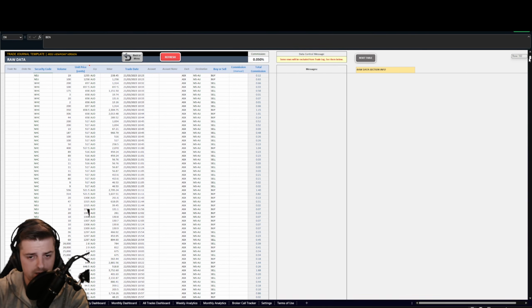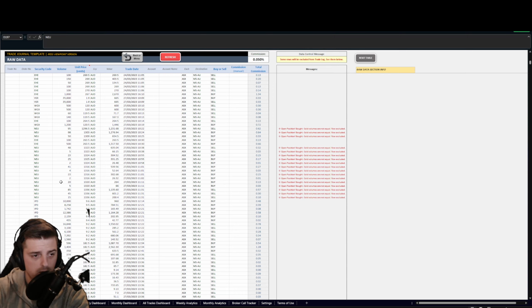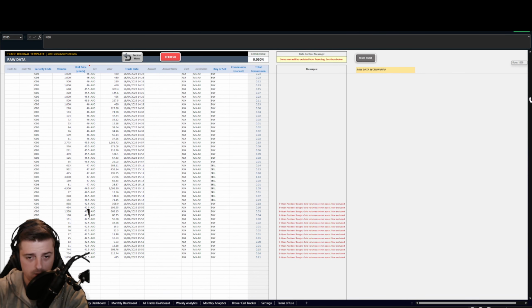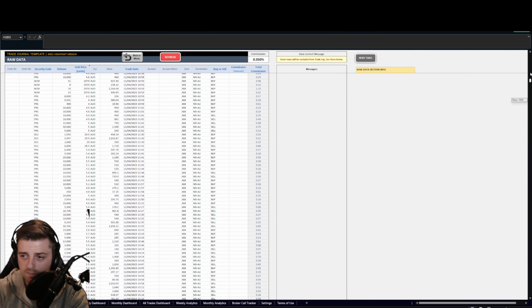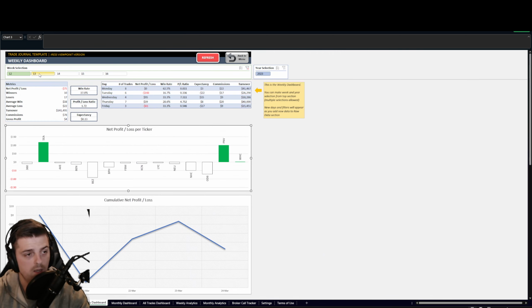And there seems to be a couple of errors, but they're all around the stock ticker NEU for some reason. But we didn't take any big wins or big losses with NEU from memory, so it shouldn't be that significant. And for whatever reason, if we scroll all the way down, the very opening trades for OD6 seem to be causing some errors as well. Otherwise, it doesn't really affect the trading dashboard, but I thought I'd just point that out. So we can see here